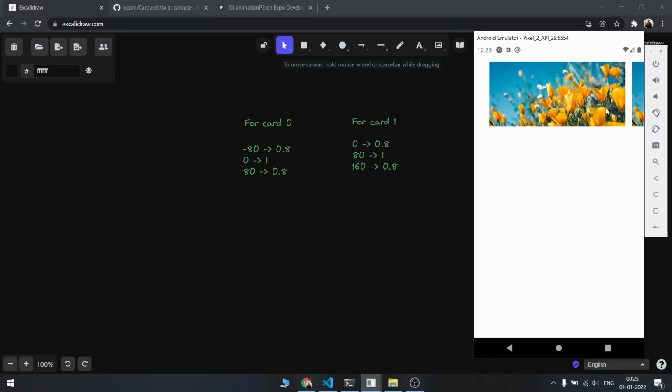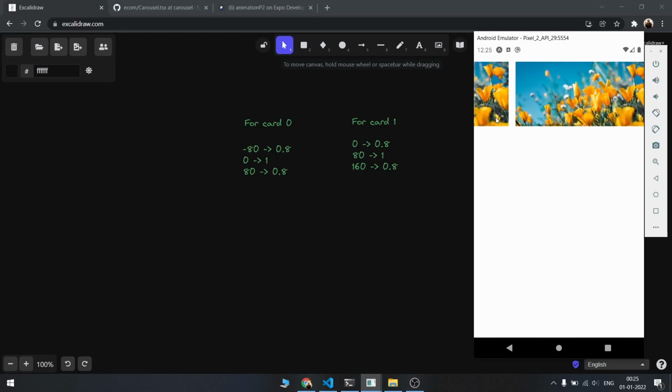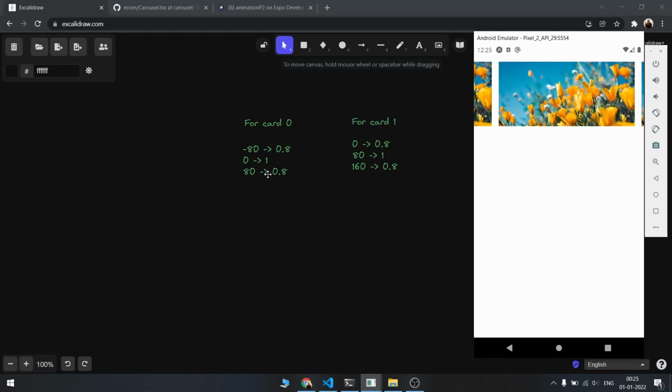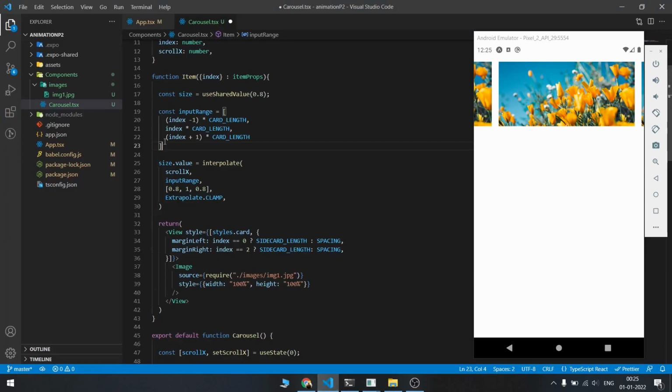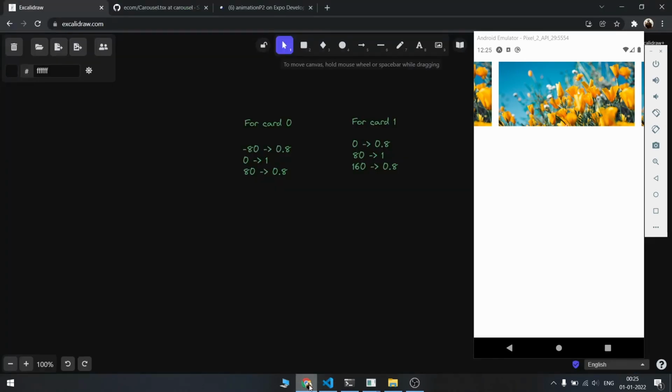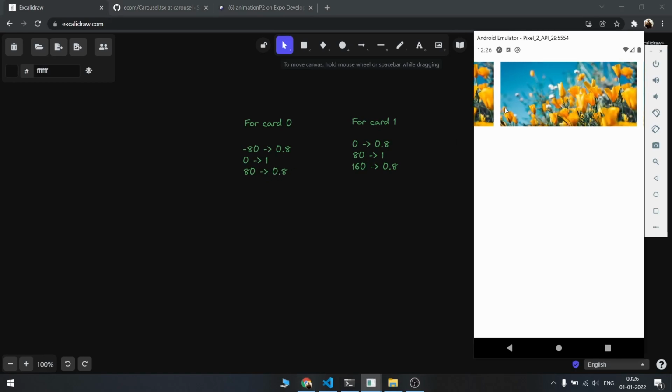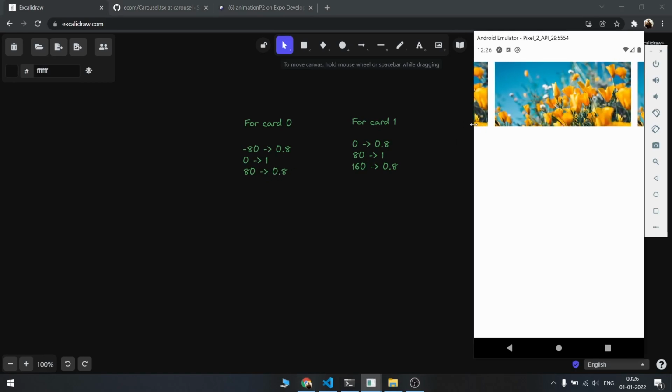Now if we scroll here, we go to the third one, which is index + 1 into card length. Index is 0, so 1 into card length, that's 80, and the output for that is 0.8. So if we scroll here, this means for card 0 we are at scrollX equal to 80, and in this case our height should be 0.8.